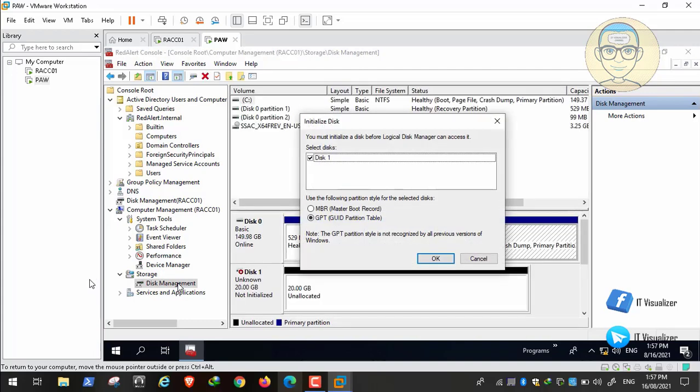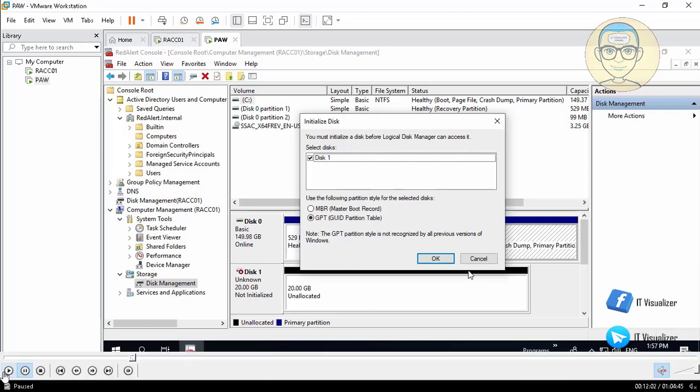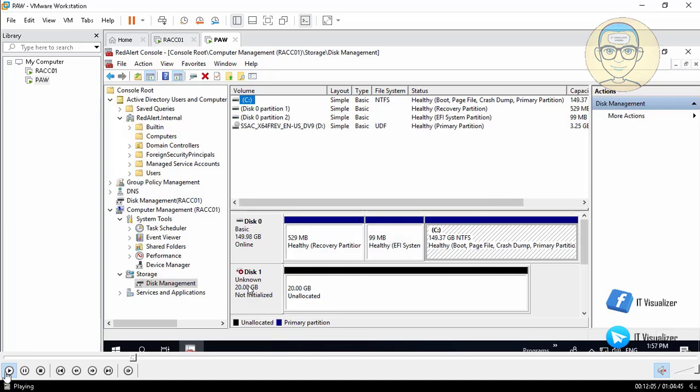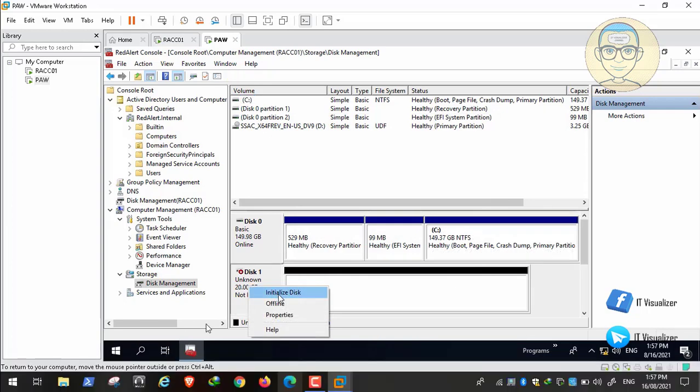Okay, so here we can see that we have successfully accessed the newly added partition or hard disk on this server. It is telling us there is a new disk. This is the partition table, and we need to initialize it. So we tell it okay and initialize the hard disk, and after that we can make a partition on it. Okay, so now we will do this: right click and initialize. Okay,